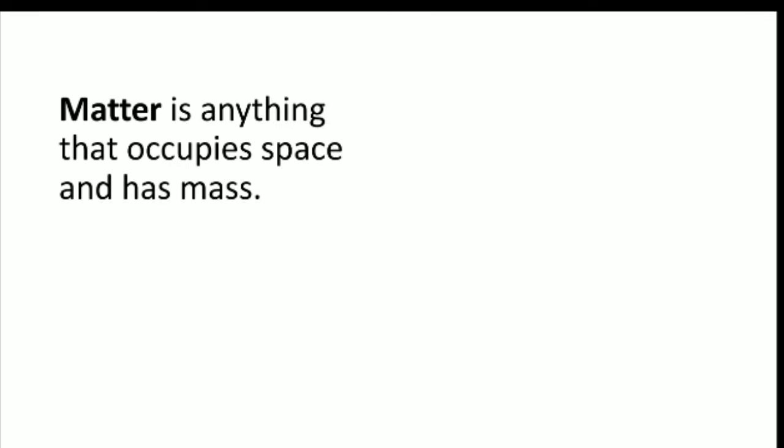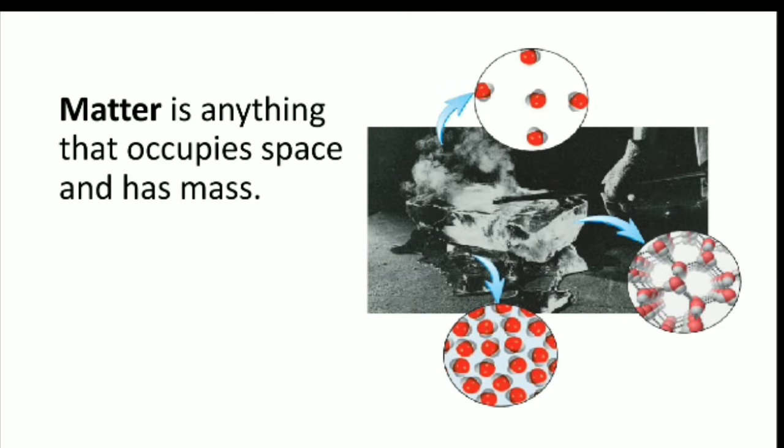Let's start with the definition of matter. Matter is anything that occupies space and has mass. So everything that you can see that occupies space and has mass is considered matter. Even those that you cannot see may be considered matter. For example, you will see on this illustration